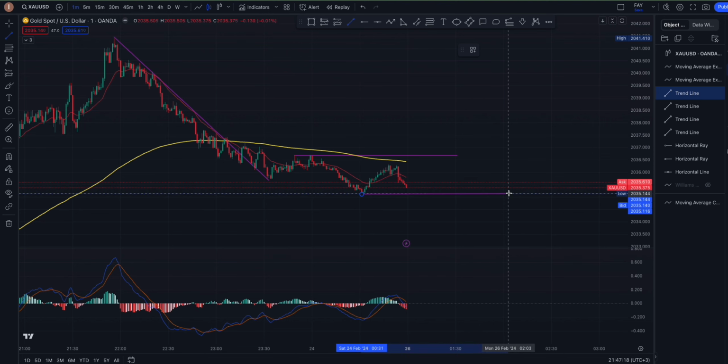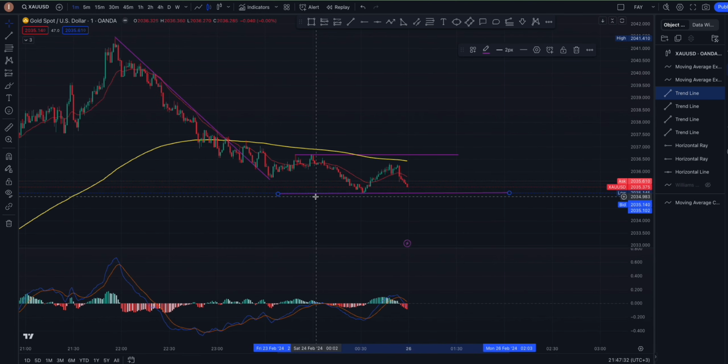In this case, for example, here, parallel to each other. Okay, so your expectation is that because it's ranging, which you also don't know how long it's going to range, if it leaves here, it's coming down here. If it leaves here, it's coming up here. So in between the boxes, until it forms a diagonal movement, either upward or downward,